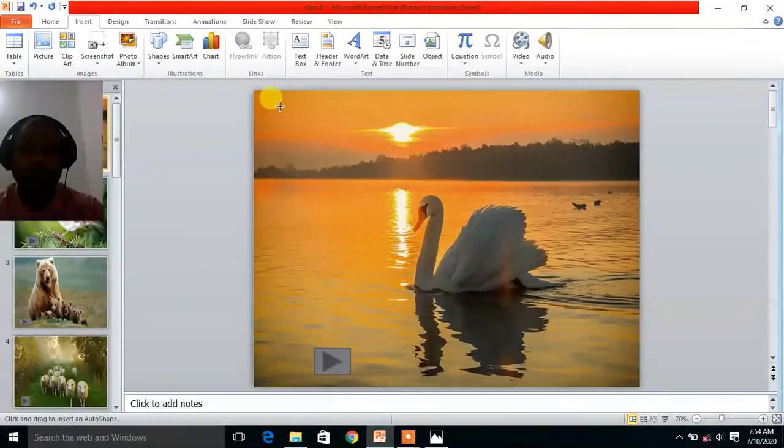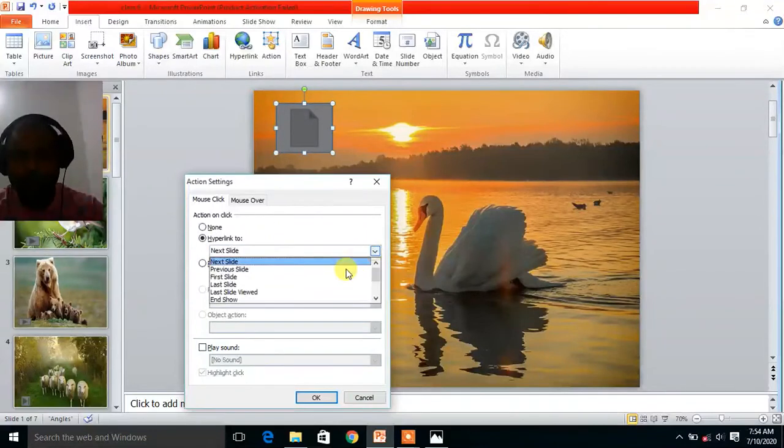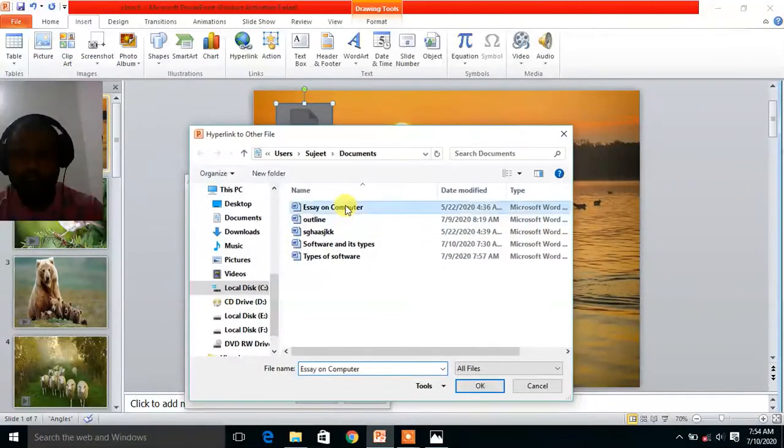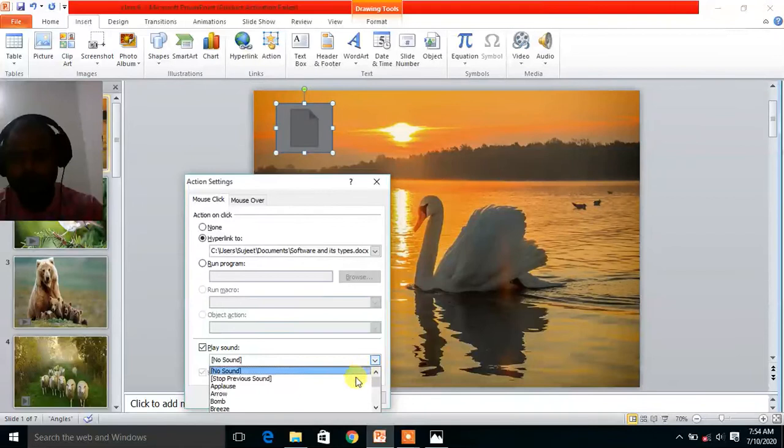Document. Suppose I am adding a document button here, and I am hyperlinking it to another file, an essay on computer software and its types. Okay, and play sound. I am playing a sound.